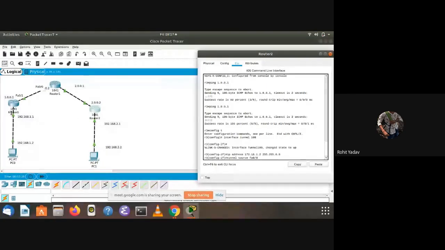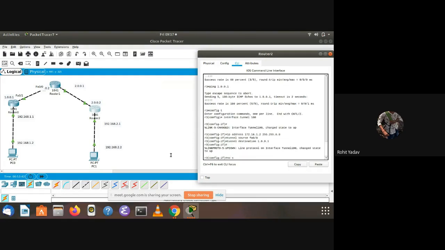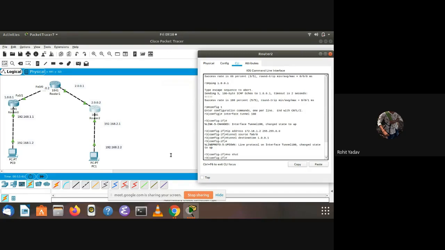Okay. FA0/0, FA0/1, FA0/0, FA0/1, like that. So from this source we will assign the destination 1.0.0.1. Okay. So it will be like that. 1.0.0.1. Okay. We will do no shut.